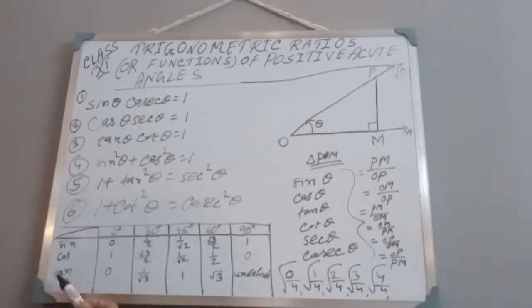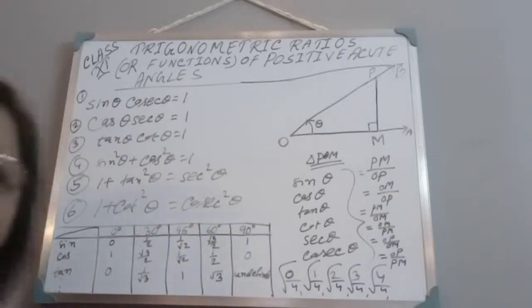30 degree, tan 30 degree means sin 30 by cos 30. So 1 by 2 by root 3 by 2. Gives us this. Tan 45 means 1 by root 2 by 1 by root 2 gives us 1. This is root 3 by 2 by 1 by 2. Root 3 by 2 into 2 by 1 gives us only root 3. And this is 1 by 0. Something by 0 is undefined. So it is coming undefined.